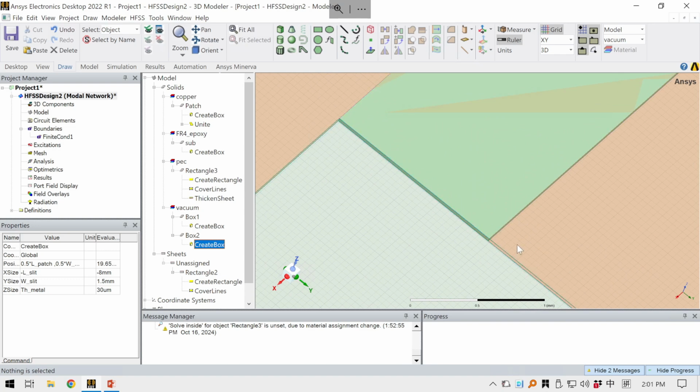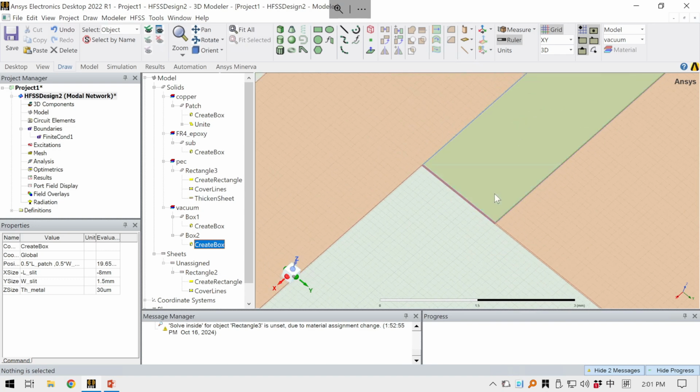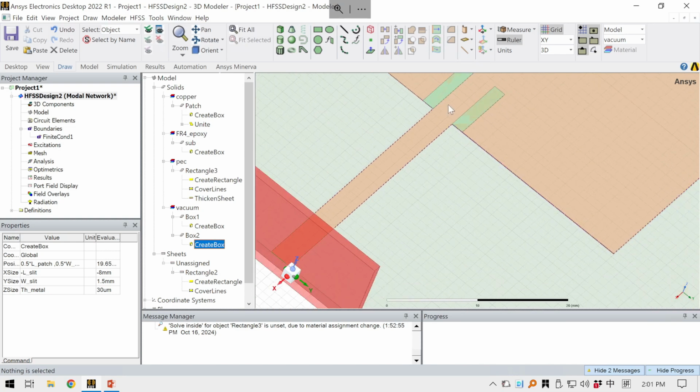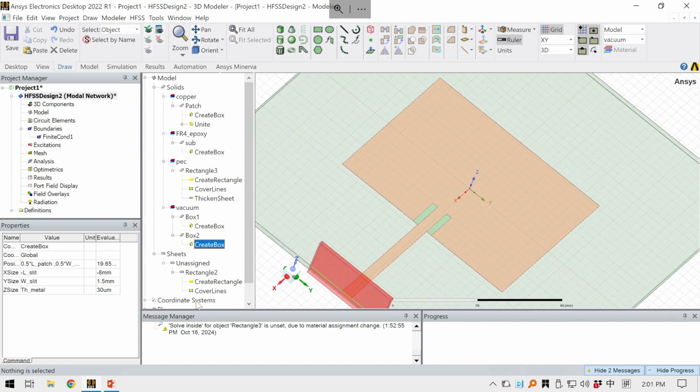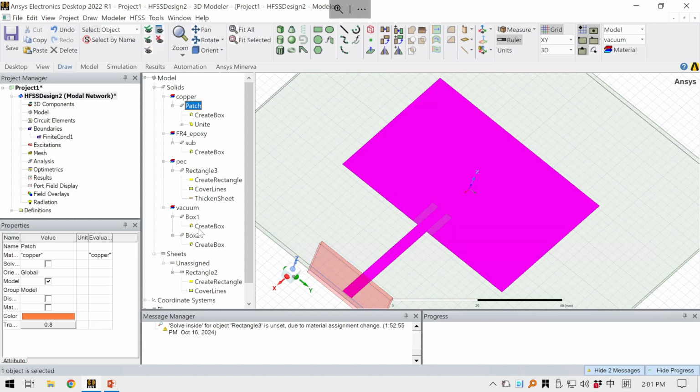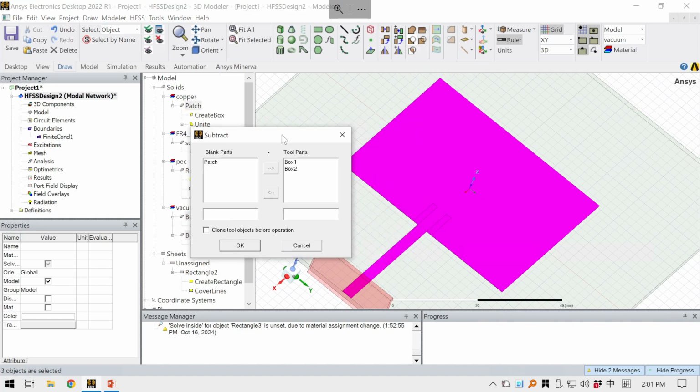Yes. When you zoom in, you will see this is another green box overlapped with our patch. Now we are going to subtract these two boxes from our main design. So we select our patch, then we press Ctrl, select these two boxes. Here on the top panel, there is a symbol called subtract. We click the subtract. It asks